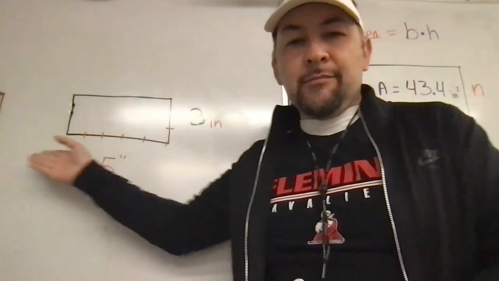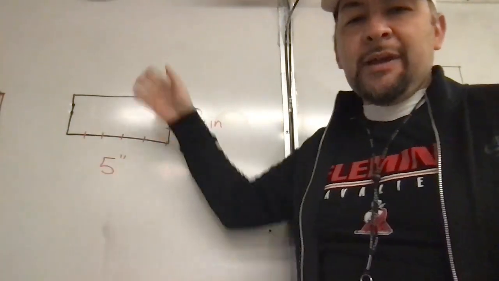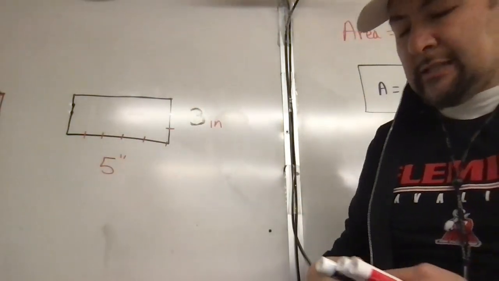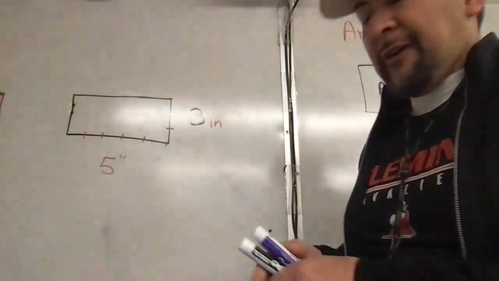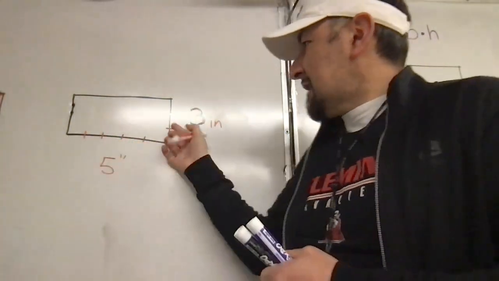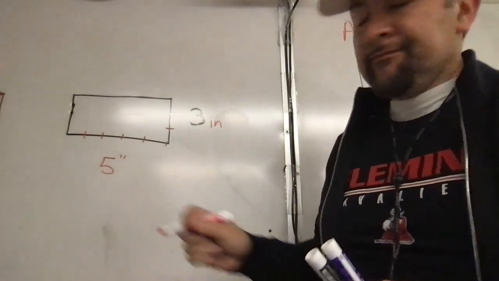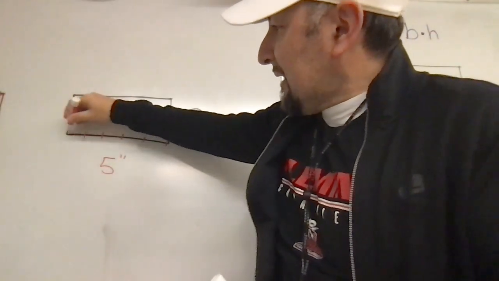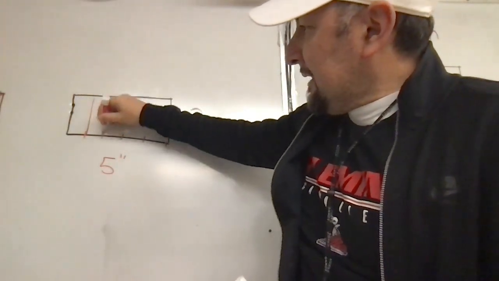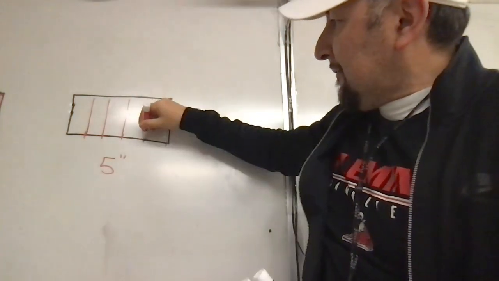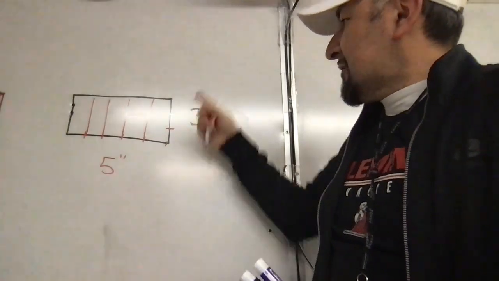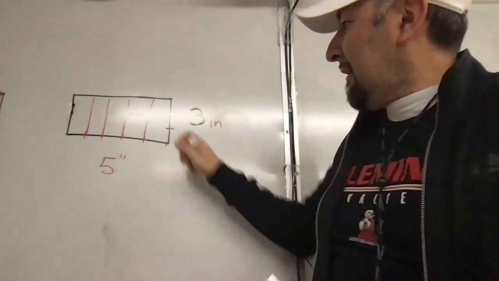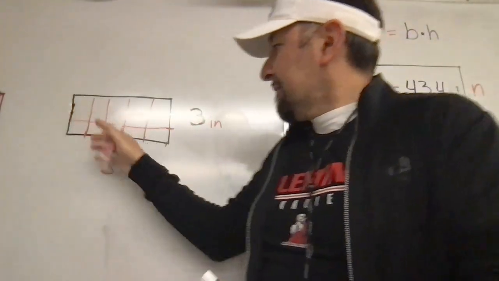You've also heard it length times width. We'll call it base times height. It'll make triangles easier here in a little bit. But base times height, if this rectangle is 5 inches across and 3 inches tall, I could draw these inches. So that's 1 inch, that's another inch, 3 inches, 4 inches, and then this line is 5 inches. And if it's 3 inches tall, 1 inch to there, I can draw that line right there. That's 1 inch,